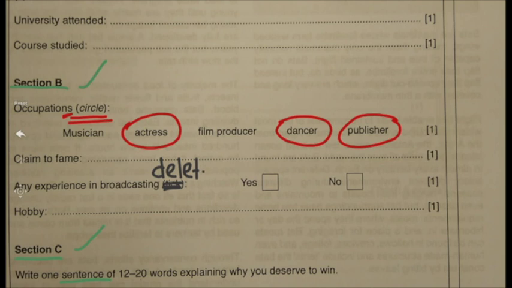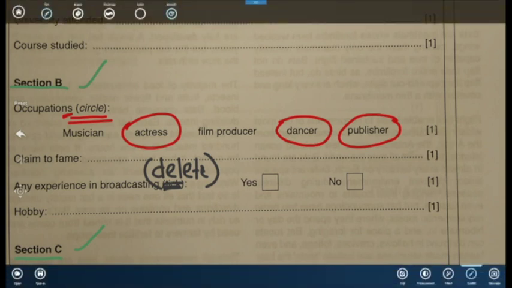We're going to assume the instruction is delete. Okay, what do you do in cases like this one? You are not to tick, but you are asked to delete. So what you do is,